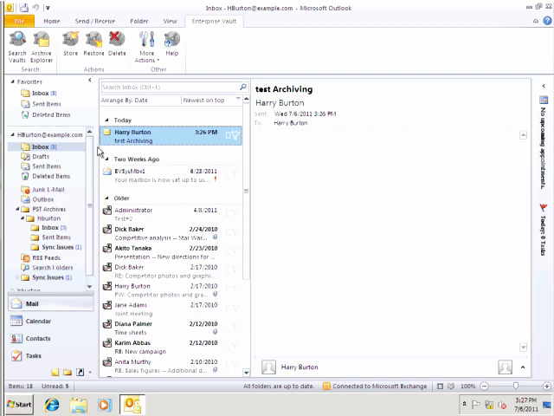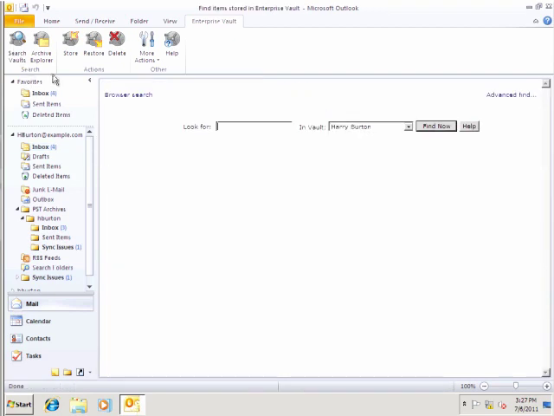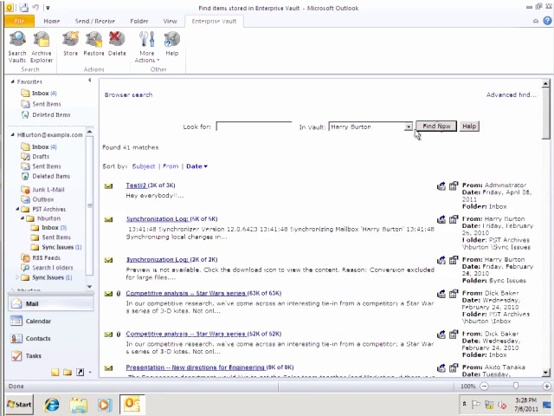But to see that the items in the index are still available for searching, we'll run an integrated search by clicking our Search Vault button, and then we'll click our Find Now. And we can see that we do in fact have access to all the items that were in the archive before we placed it into backup mode and the index into backup mode. So we have those options. Now we'll go back to the